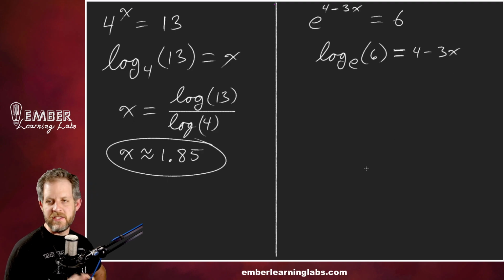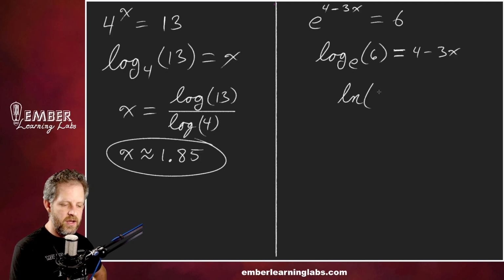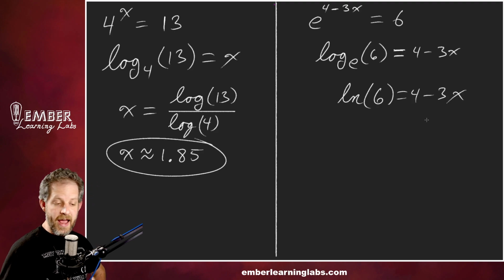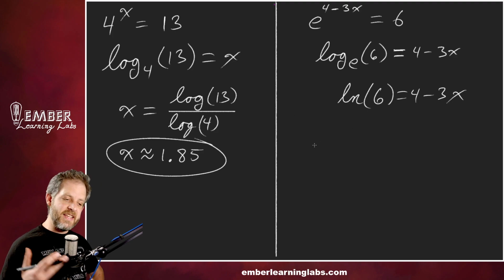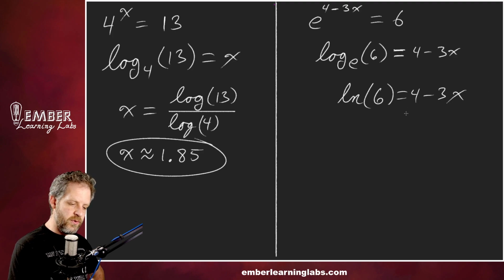Now, if you remember, and this is the step that I'm saying you could skip, the log base e has a shortcut way of writing it, and that is ln, or the natural log. So the natural log of 6 equals 4 minus 3x. Now, you could punch this in and get the decimal equivalent, but I'm going to keep it exact until the very end on this particular problem. So what we would do, of course, is subtract 4 from both sides